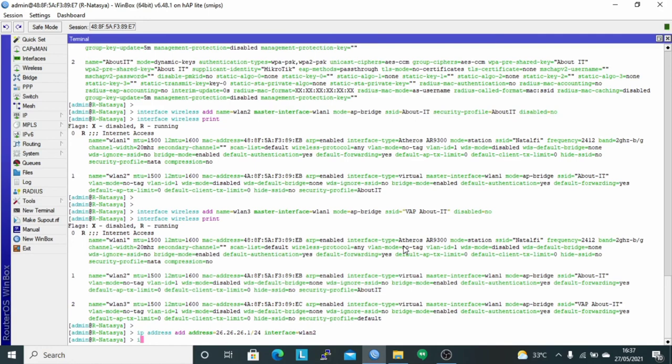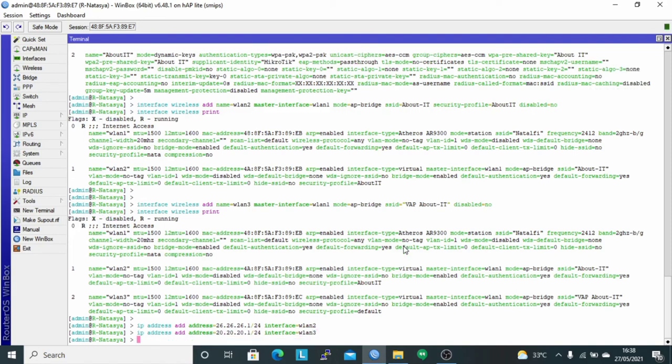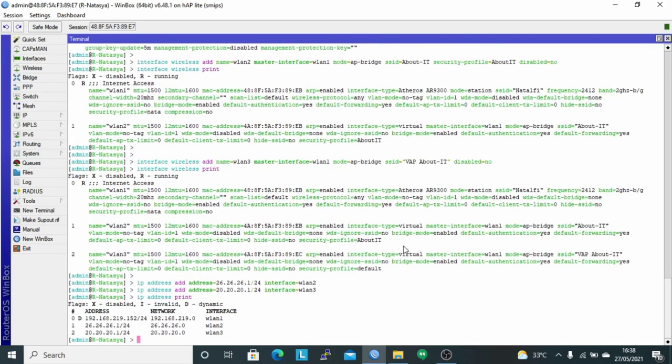And then with the command IP address add address 20.20.20.1/24 using interface WLAN3. Check with the command IP address print. You can see that we have successfully added the IP address for each wireless interface.